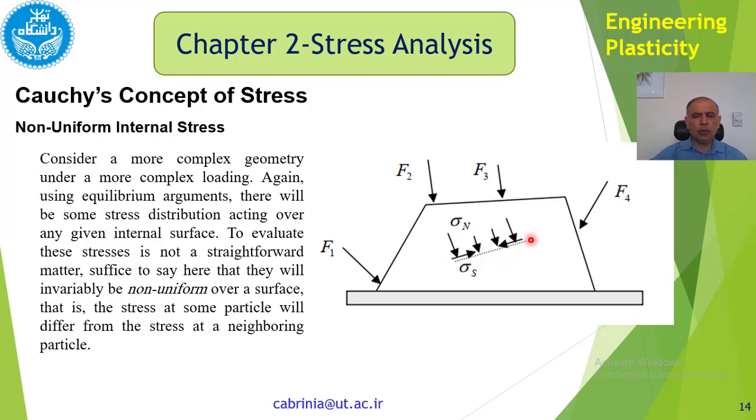So we want to know, on a plane inside the body we are considering, what the states of stress are. Again, using an equilibrium argument, because we say that this is under equilibrium, there will be some stress distribution acting on